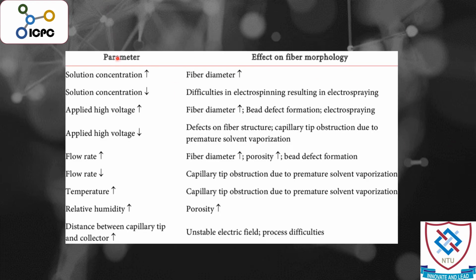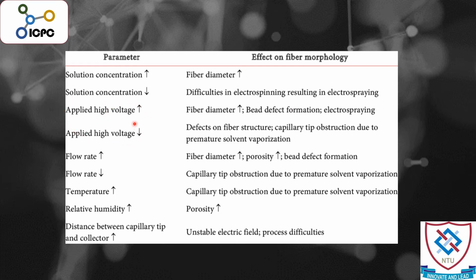Before discussing the results, first of all let us discuss some effects of these parameters on the morphology of the fiber. So for example, solution concentration, voltage, flow rate, temperature, humidity, and distance. As we increase the solution concentration, the diameter increases, and as we decrease the concentration, the diameter decreases. However, there are chances that if you are not at optimum concentration, you will have electrospraying instead of electrospinning. And the literature is